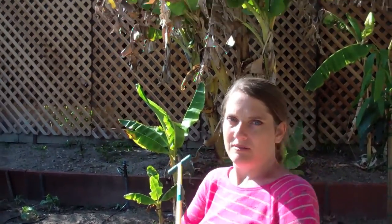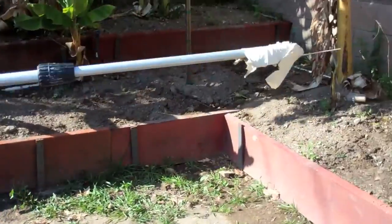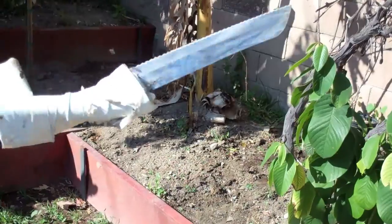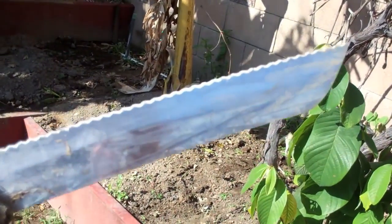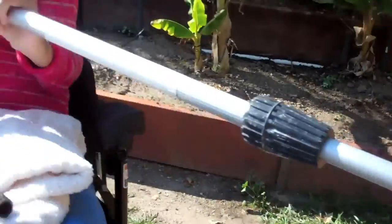Okay, so let me show you another tool. Okay, so this is another tool. I made this one also. It's kind of beat up. It's from a couple of years ago, I think, when I made it. But basically what it is is a bread knife on a telescoping pole that was already broken. So this will be lightweight anyways. Although actually,